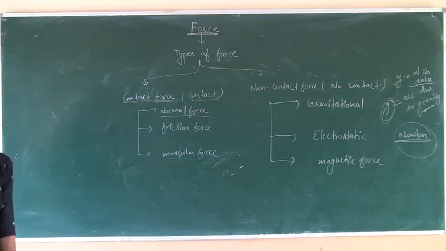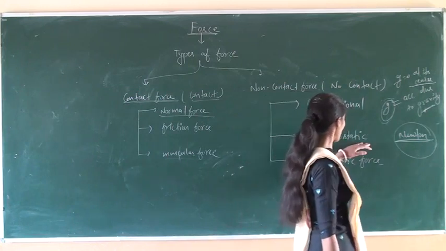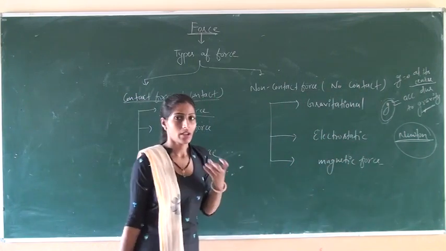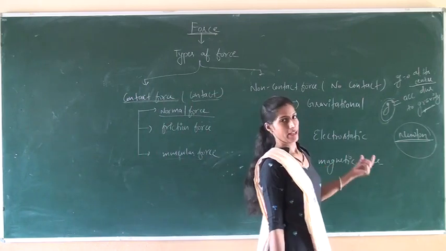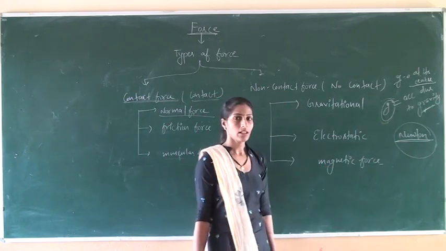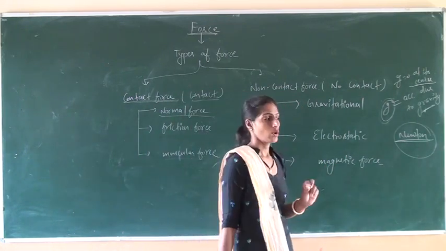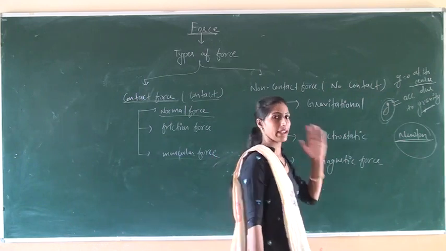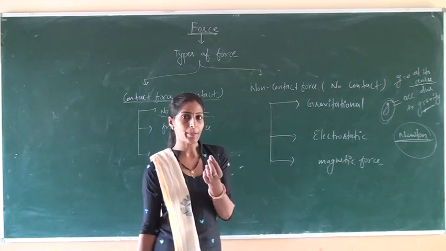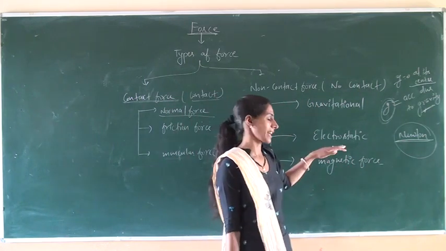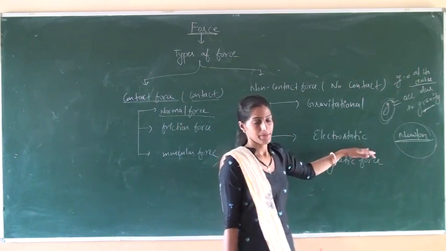After that, next is the electrostatic force. Electrostatic force is that force in which there is a charge produced on an object. For example, when we rub a plastic scale on silk cloth or in our dry hair, then it attracts small teeny pieces of paper. You will do this activity at your home. This process will take place.